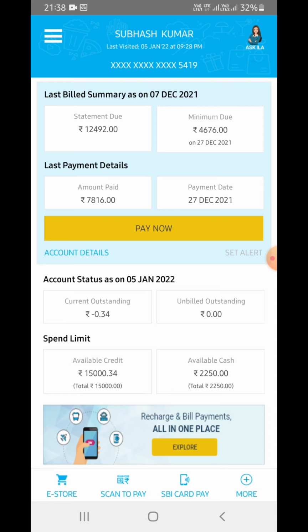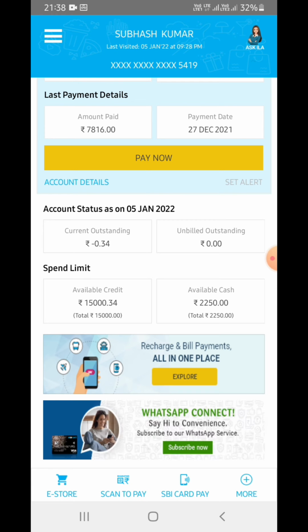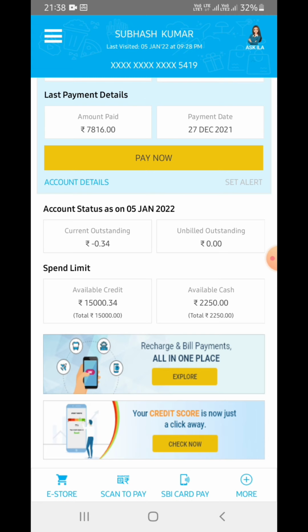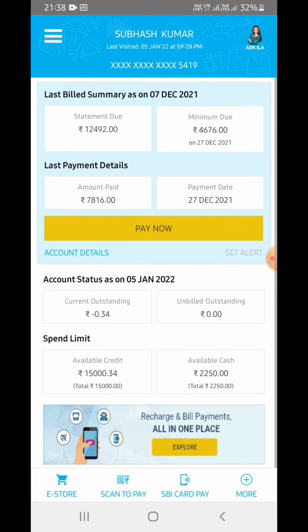Current outstanding means whatever the credit card is demanding from you. Like, if you have taken 12,000 rupees from this card, it will show you as current outstanding, but it will not be billed until your billing cycle completes. My billing cycle completes on the 7th of every month.